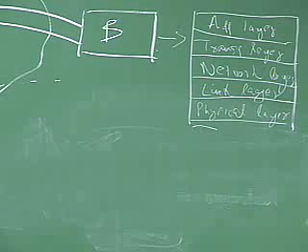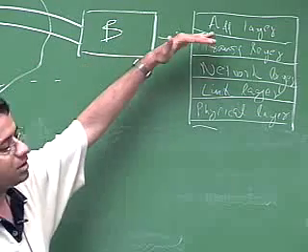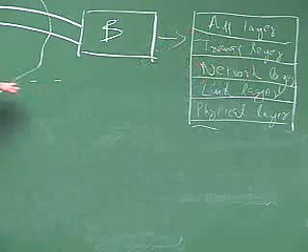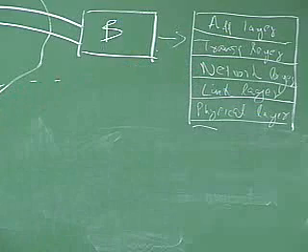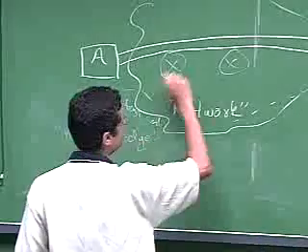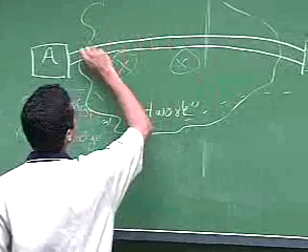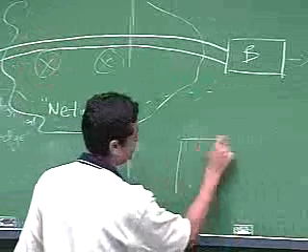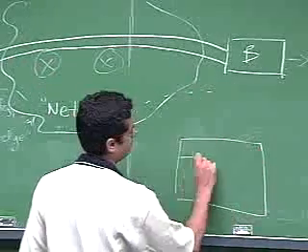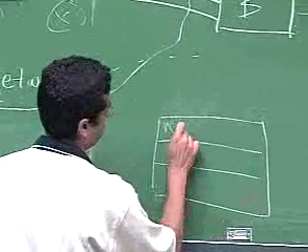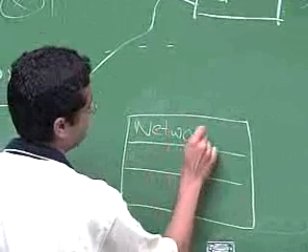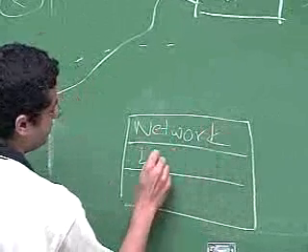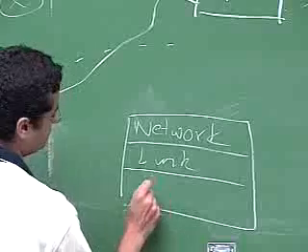So an end system or a node at the network edge implements all the protocol layers, whereas a typical node inside the network, which could be a router or a switch, will only implement network, link,